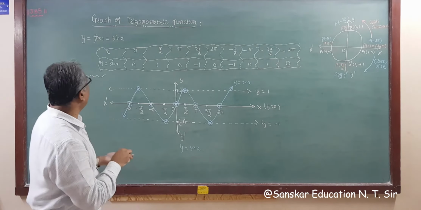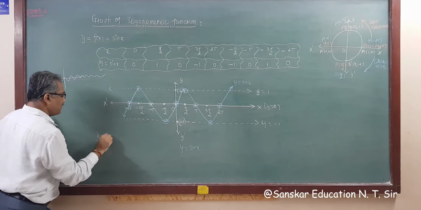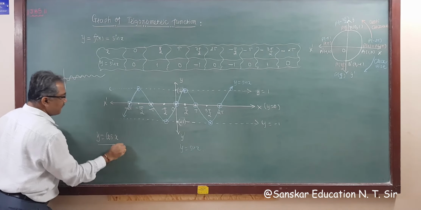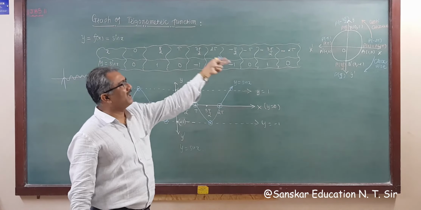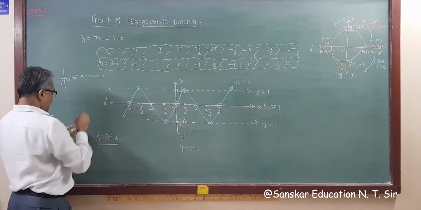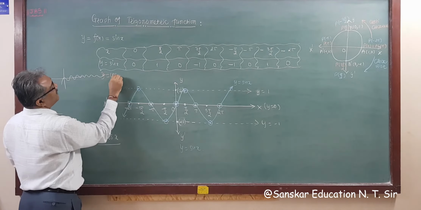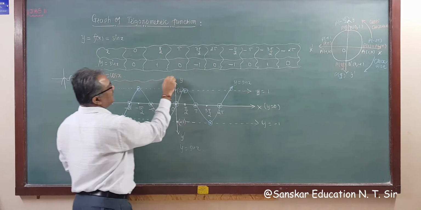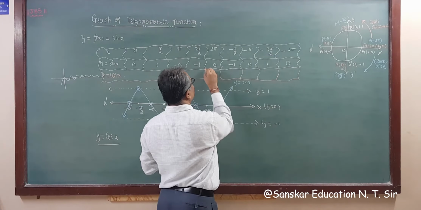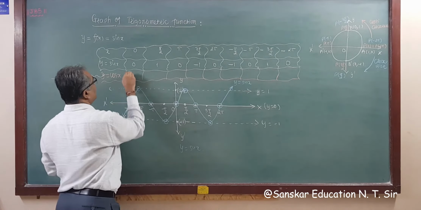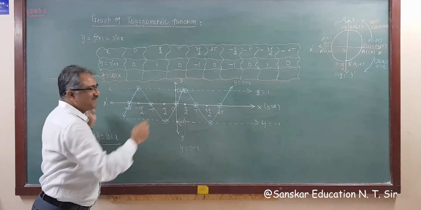Suppose you want to draw a graph of the cos function, right? So I am writing here y is equal to cos x. If we take the value of x as 0, pi by 2, pi, then the same thing. And then y is equal to cos x, so I am using a coloring chalk for cos x, right? So you can compare the graph of sin x and cos x. So I am drawing both graphs in one graph paper.